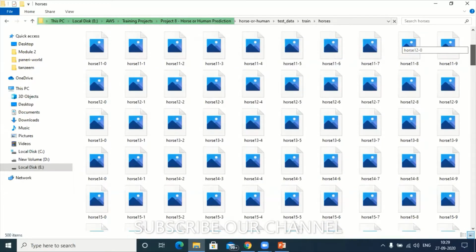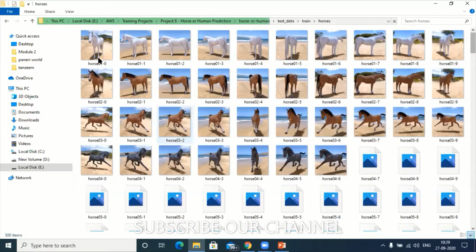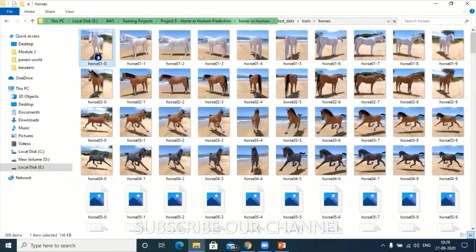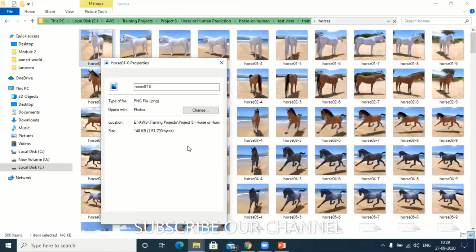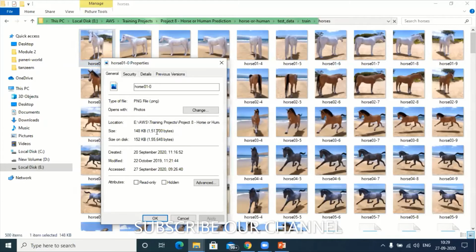If you check the pixels, the pixel size of all the horse data is the same here. It is 148 KB, and you can see the details here. Can you see this one?